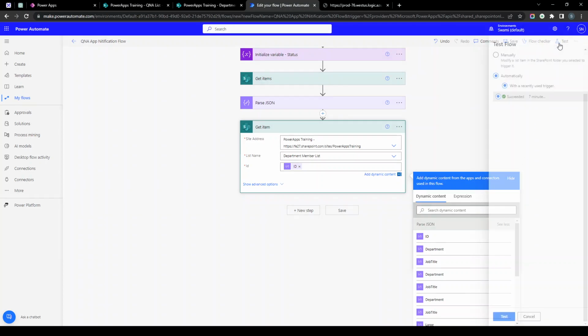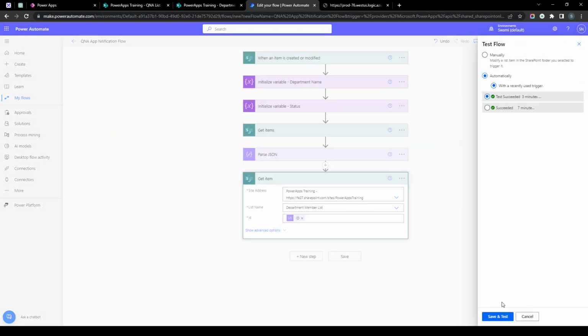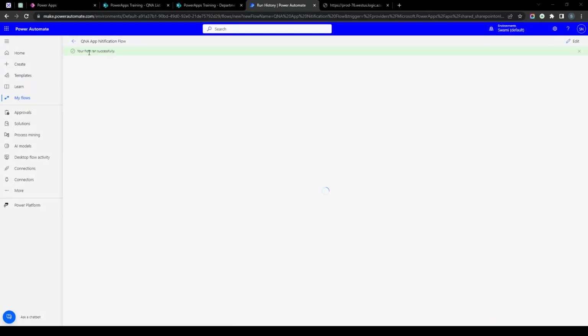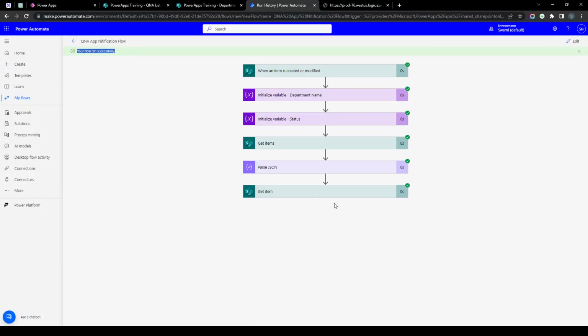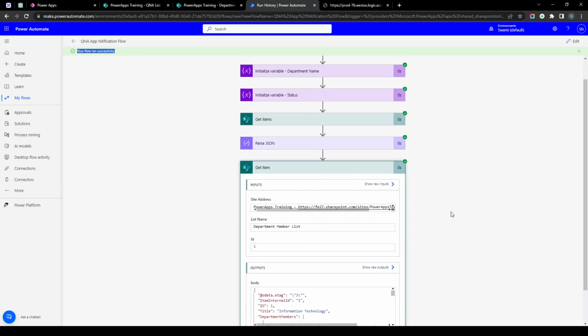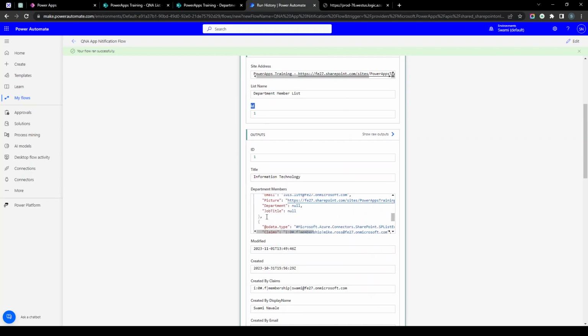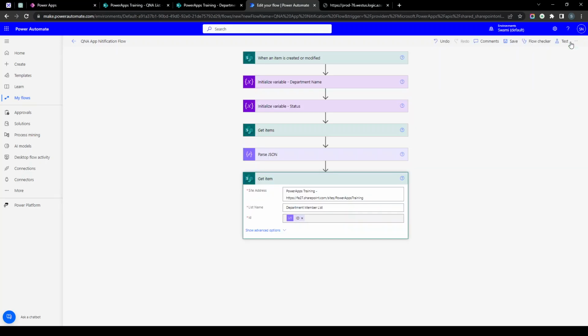So let's check this again. I will go to test, go to recent test, save it, and let's check whether we are getting ID or not. So as you can see the flow has been run successfully. Just click on it. As you can see we are getting the response. Then I will click on edit again,